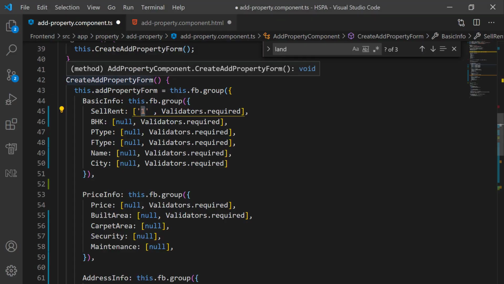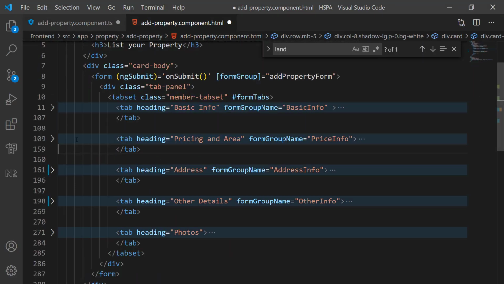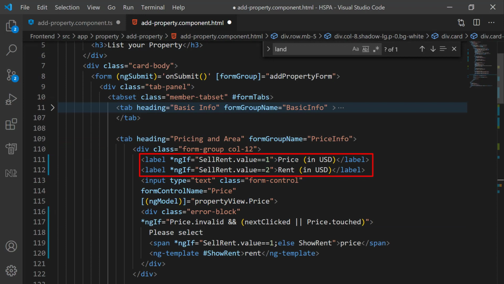I already have coded this and it is not a big deal. I just have used ngIf to conditionally hide these controls and labels. We have done it at many places in this tutorial and you must already be aware of using ngIf. But here for an error message, I have used ngIf and else statement. This is something new we have not yet used.